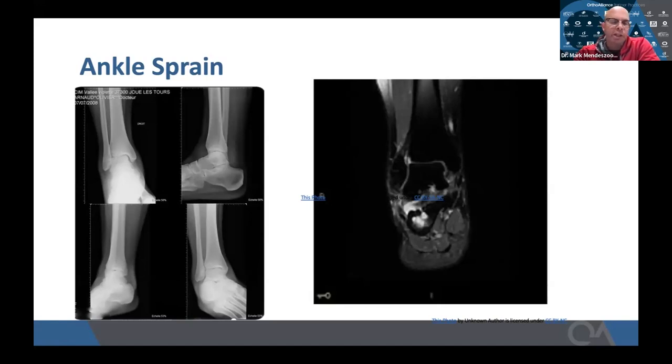First degree, which you stretch them out. Most people will get back to activities with a brace within 2 to 3 weeks. The second degree is where the ligaments are partially torn, and that can take anywhere from 6 weeks to 3 months to get back to some type of good activity if you're an athlete. And then if you completely tear a ligament, that's a 3rd degree injury. And you can tear it completely in the mid-substance of the ligament, or you can pull it off the bone.